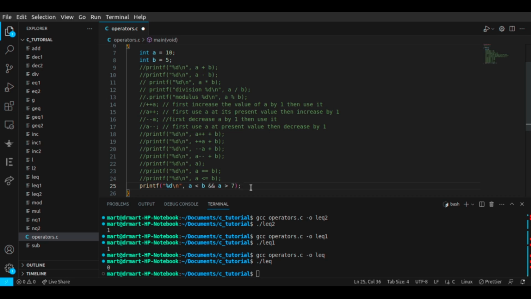A is less than B. Is A less than B? A is 10, B is 5. So A less than B would evaluate to false, which is 0. And so immediately, okay,